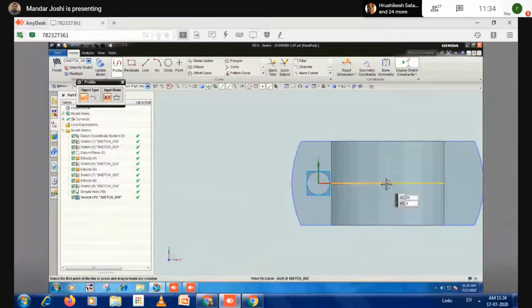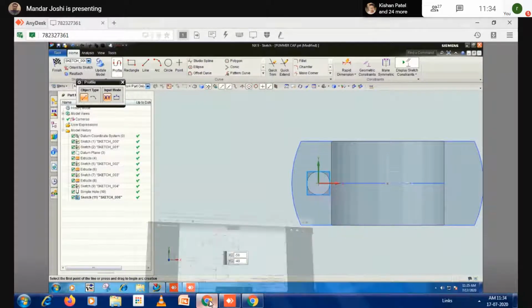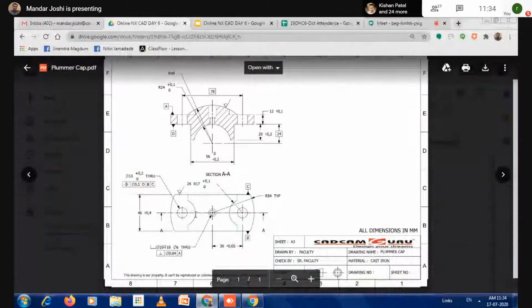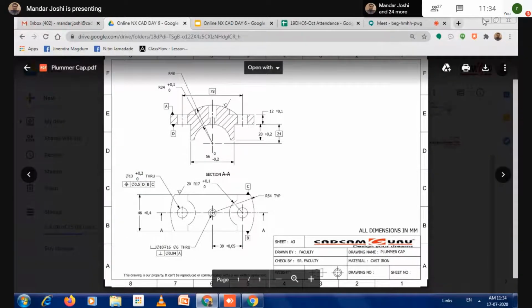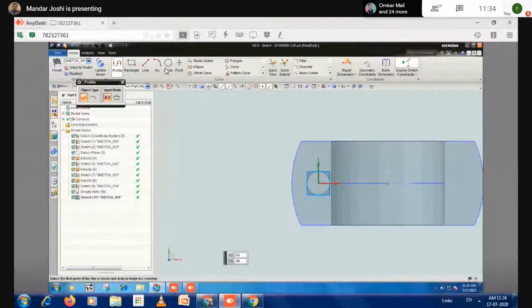By dragging that axis, you can place the origin wherever you want. Just drag and release where you want the origin. It will snap automatically here. After that, from that origin, draw an arc of how much radius? 17. So I click on circle.